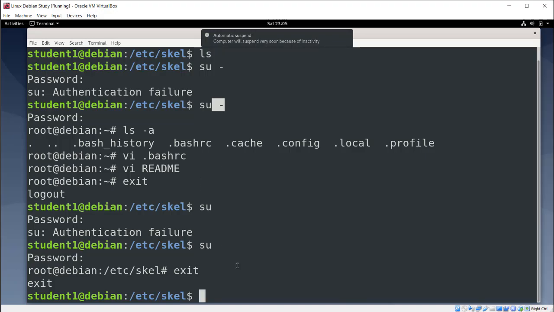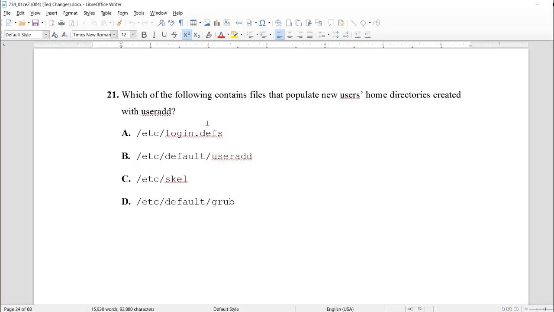The other options were /etc/login.defs and /etc/default/useradd. Let me talk about these two together. They're related. When a new user account is created, which again we'll talk about in the next question, the login.defs file gets read first, and then settings in there might be their mail directory or which group that new user should belong to. Where do user IDs start? And then any other terms or settings that are not accounted for will be in